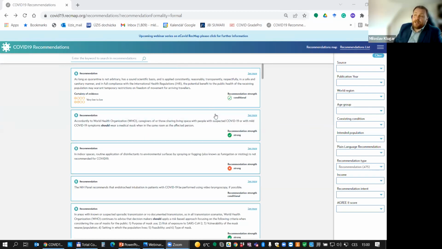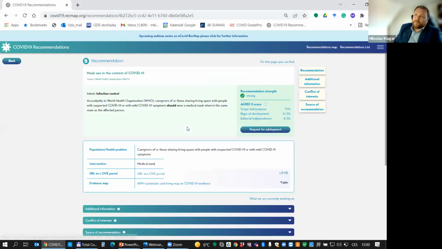And here is, to answer the question about the development request, it's very easy. So here is the list of recommendations. I see, for example, this recommendation is the recommendation I would like to develop. So I click on this, and I hope I'm sharing the right screen. Hopefully, yeah. And when you click on this, here is the request for development button.